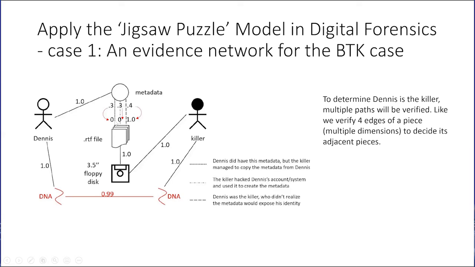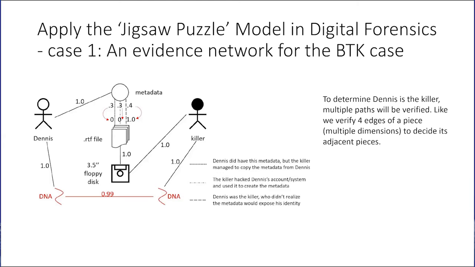Together they're 1. This is rough data. We don't have to get an accurate estimate at this moment, but at least we construct a path from the killer to Dennis. Then we can try to get other evidence from other dimensions, get more evidence about